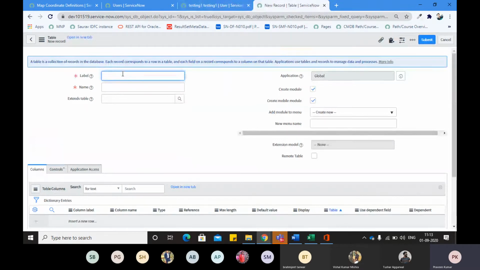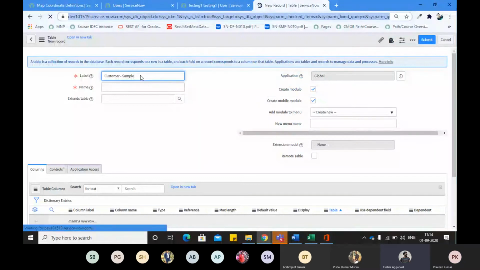So for example, I am creating a table. Example with a customer name.